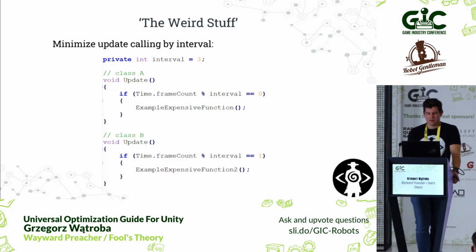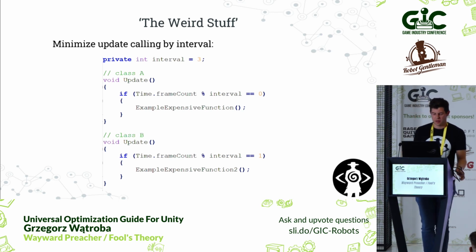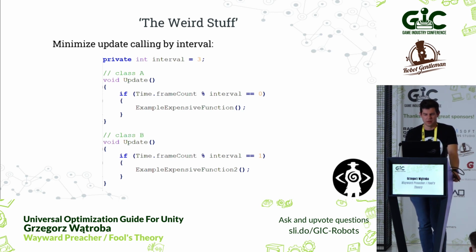This makes sense, of course, only when we absolutely do not need to update logic every frame. Also, it's worth separating MonoBehaviours into groups, and each group might be run at a different moment of that interval. We can split it by, I don't know, 3 or 4 groups. That might even out the computation load quite nicely. If we are sure we don't have to update every frame, this is quite a nice way to optimize your game very cheaply.